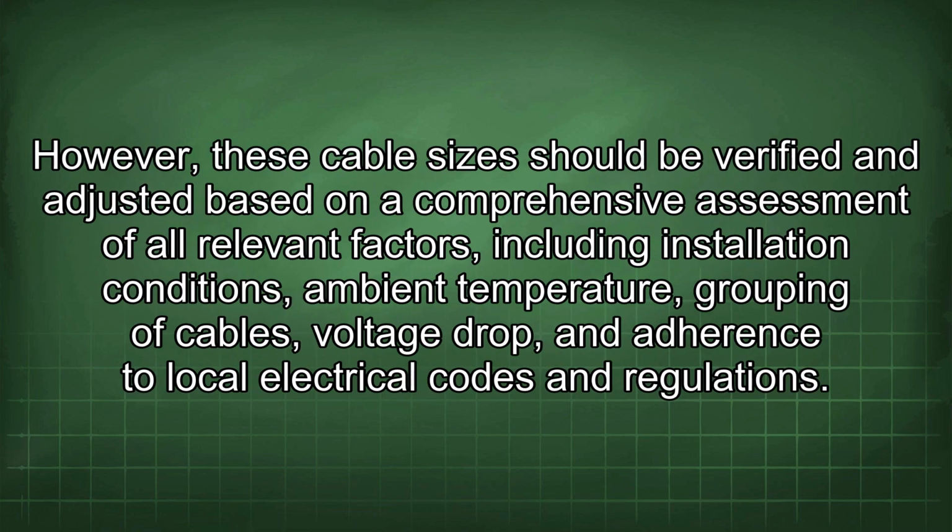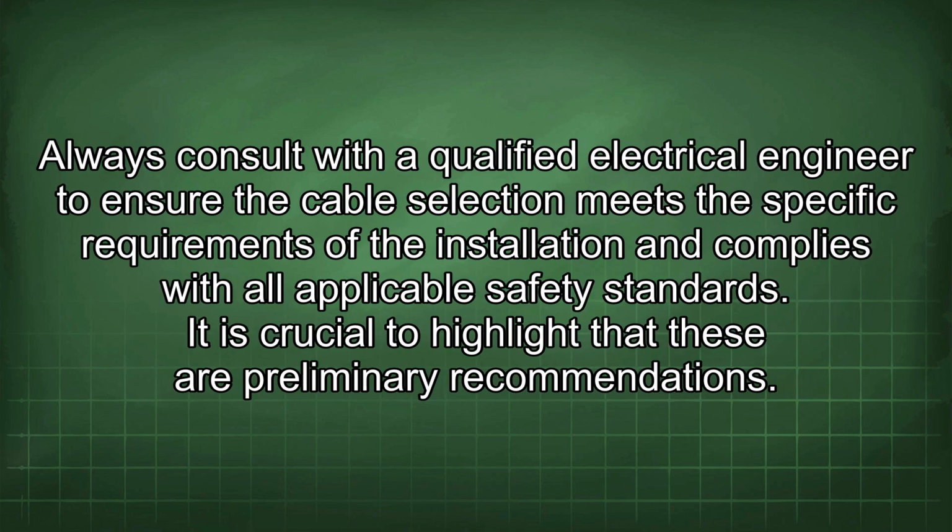However, these cable sizes should be verified and adjusted based on a comprehensive assessment of all relevant factors, including installation conditions, ambient temperature, grouping of cables, voltage drop, and adherence to local electrical codes and regulations. Always consult with a qualified electrical engineer to ensure the cable selection meets the specific requirements of the installation and complies with all applicable safety